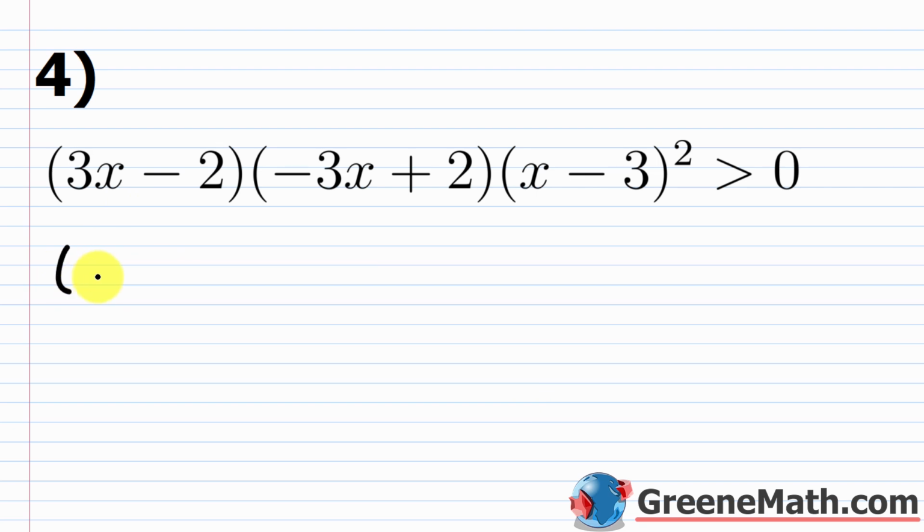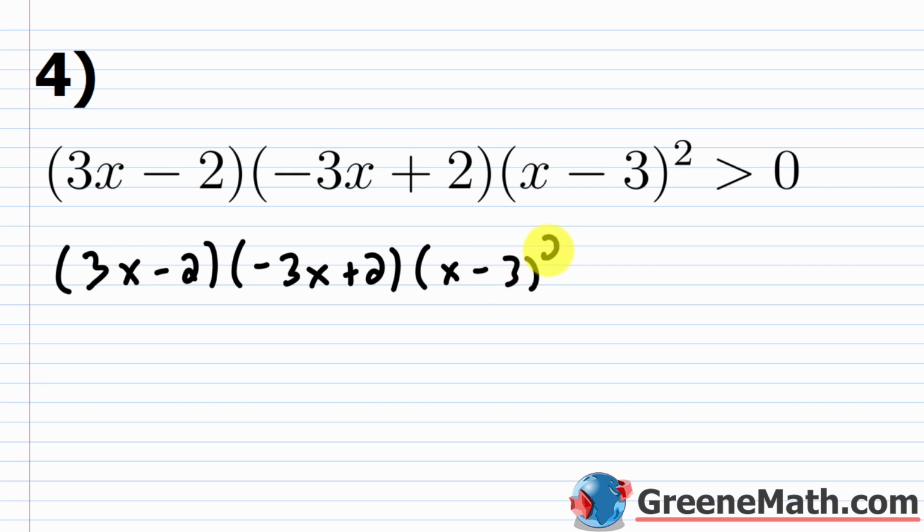Let me use the zero product property first. So let's say we take 3x minus 2, so this is a quantity, times the quantity -3x plus 2, and then this quantity here, we're going to multiply by x minus 3. And this is a quantity squared here. And all we're going to do is set this equal to 0. Again, this would give us the x-intercepts. So if I look at this one and this one, you're going to see that you have the exact same